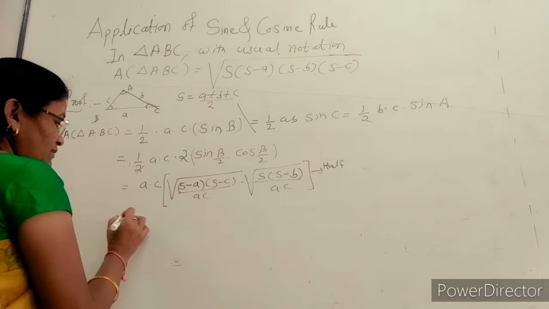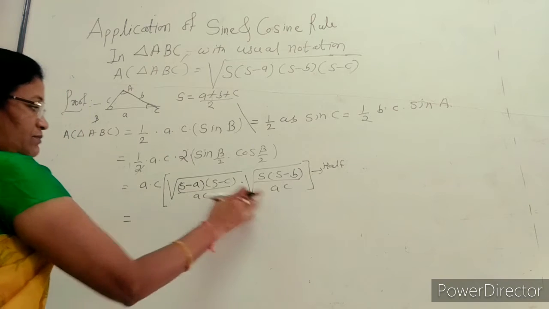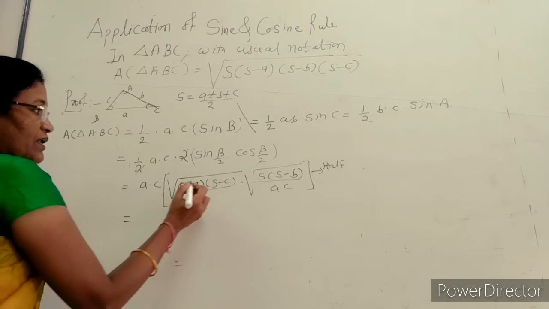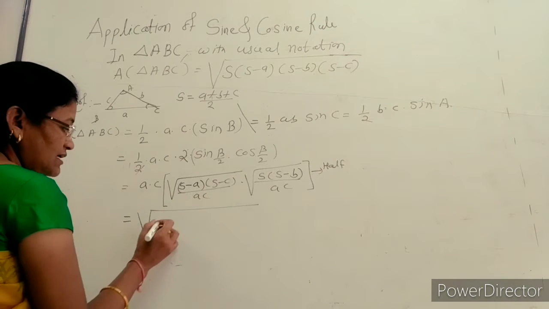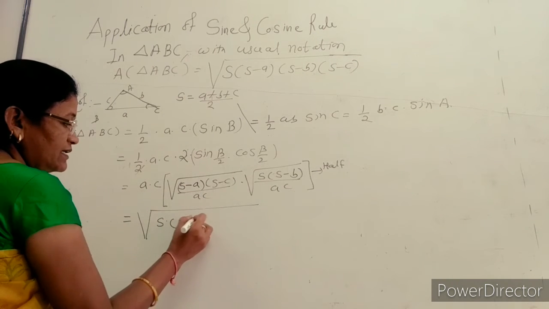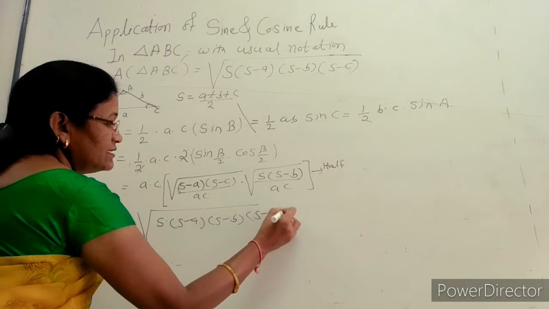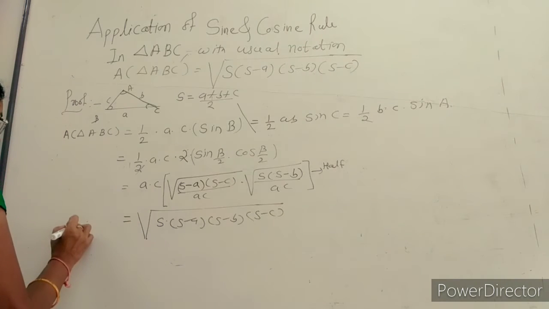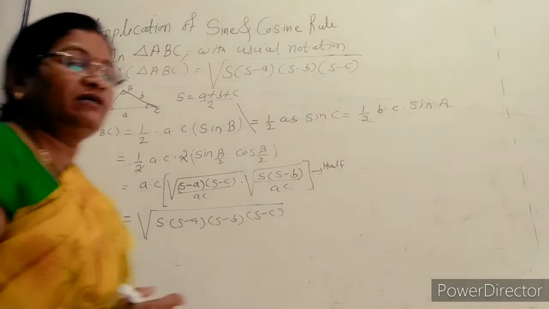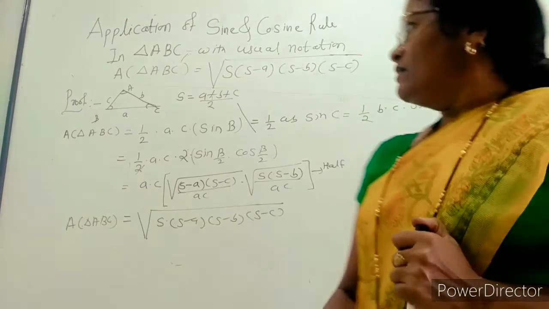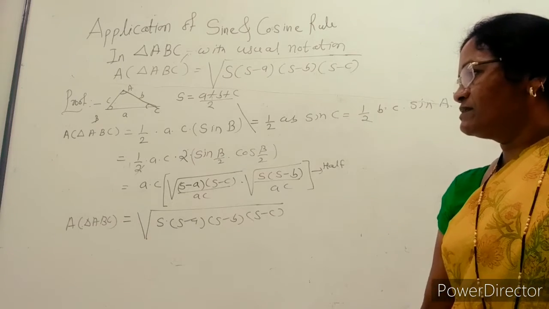Now take down the simplification of this. This ac and ac under the root sign, their product becomes ac, which can be cancelled out with this, and that product gives a single expression under one root sign. We start from s, the second term is s minus a, the third term is s minus b, and the fourth term is s minus c. A very easy, simple result for the area of a triangle with the help of Hero's formula, using the semi-perimeter, where we define again 2s equal to a + b + c.